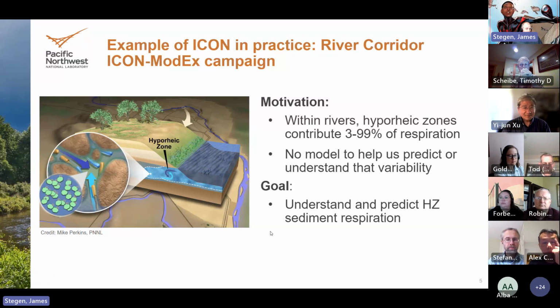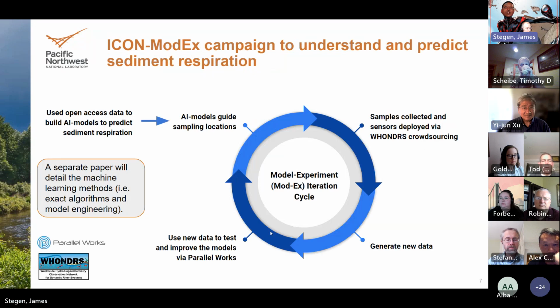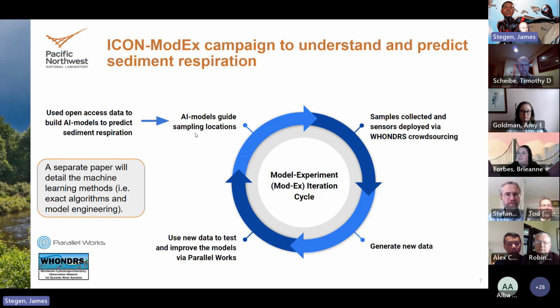So that's kind of where we're starting. How are we doing this? So Stefan, who is at Parallel Works, a small business, took open data that were generated through crowdsourcing efforts through our WHONDRS consortium. Many of you likely contributed to those samples and those data. Thank you. He took those data, which are published in public, and built machine learning models based on them